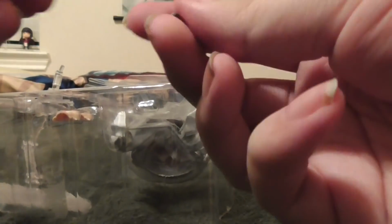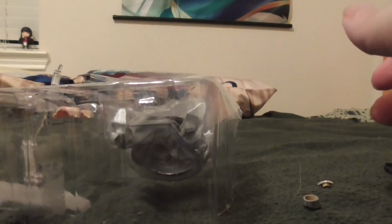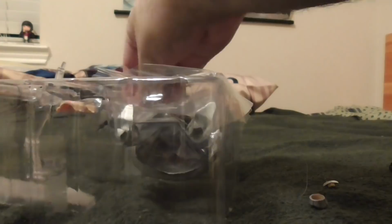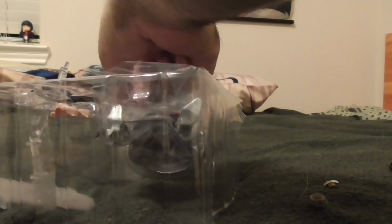Anyway, next we got, what are these little metal or metallic bits? Some kind of cuff or something. I don't know. We'll find out what that is. And this too. I don't know. Still not too sure what a lot of this is. What do we got up here? I might have to look at the instructions for this one. We got a lot of little pieces that I don't quite...